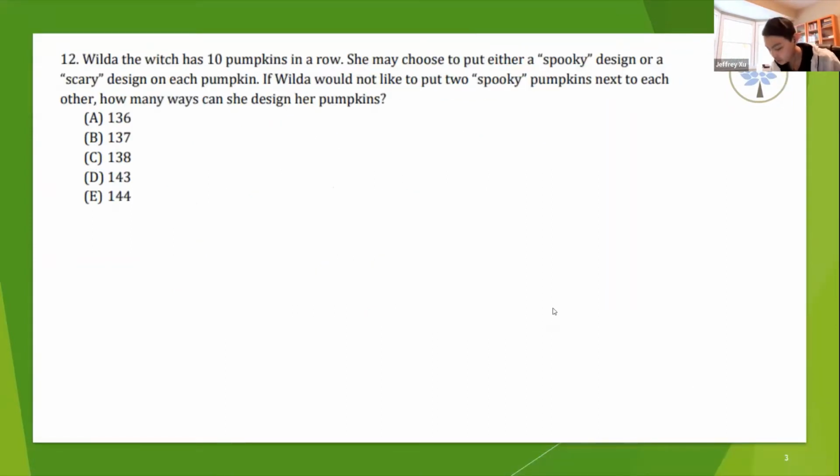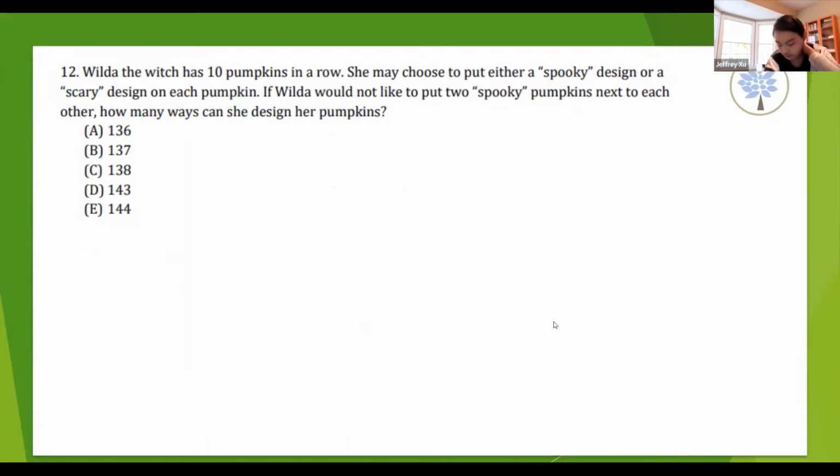So next, we're going to move on to number 12. This one uses recursion, which might be a technique that's somewhat new for some of you. The idea is this: counting all of these ways is going to be pretty tricky with casework or anything. So what we can do is simply make a table